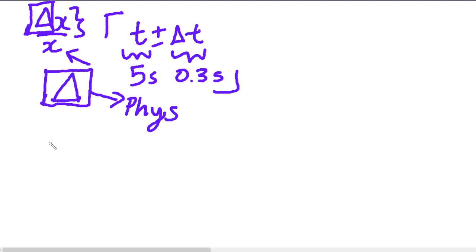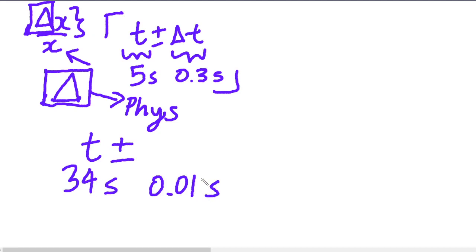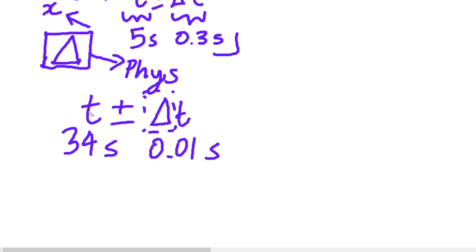But the thing is, sometimes we can also deal with idealized situations. And when the changes in quantities or uncertainties in quantities are really small in these idealized situations, like say you manage to get a perfect experiment where you're measuring something with a light gate and a computer, and you have a t of 34 seconds plus or minus, say, 0.01 seconds for the computer's processing time of the measurement. This capital delta, while still often used, can appropriately be replaced with its lowercase Greek delta,